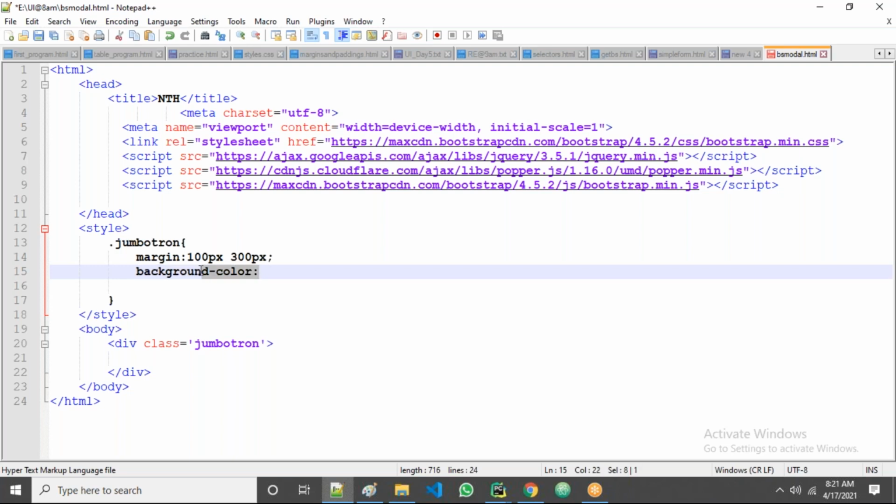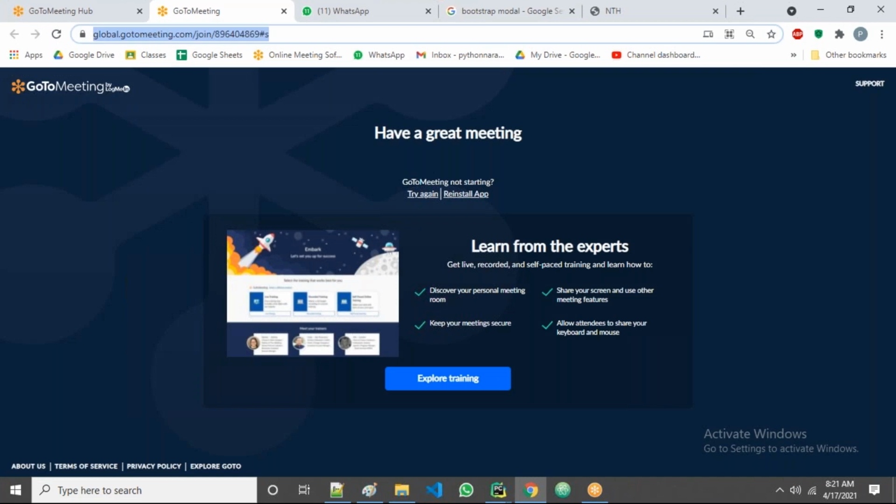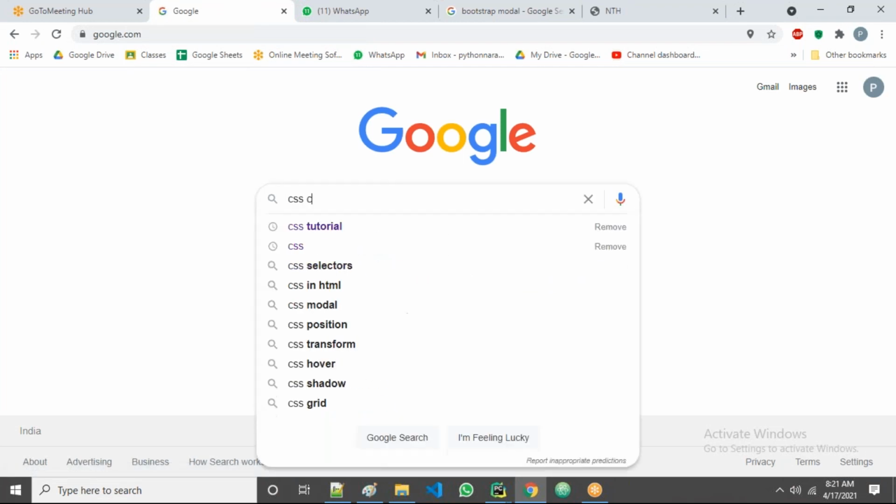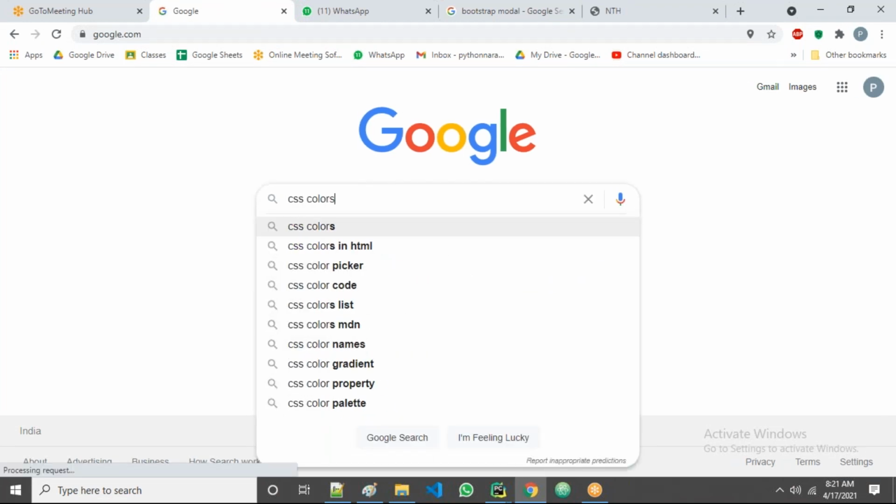We know a few color names, like red, blue, black, yellow, pink. But we want some light colors, different colors. Simply, we go to Google, and from there you get the colors also. Just observe here. Let's take, for example, CSS colors, something like this.